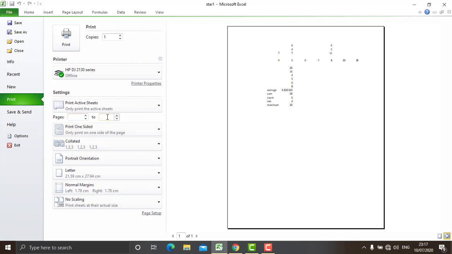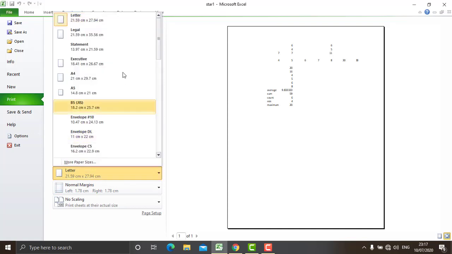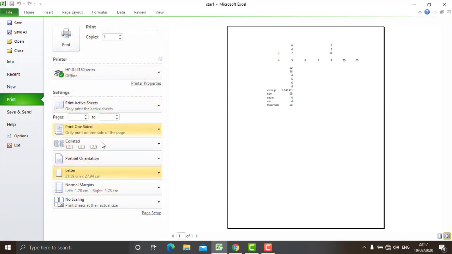It lets you choose from which page number to which page number to print, and the size of the paper, that is Letter, Legal, A4, or whichever you need for the printout. After finalizing all these, we give the number of copies we need, and then click on Print. As you click on Print, if your printer is ready, pages are there, and ink is there, the page will come out in exactly the manner shown in the preview. So this is how we can take the printout.